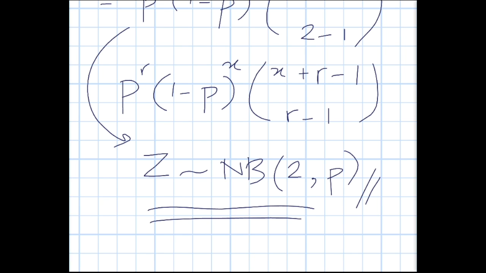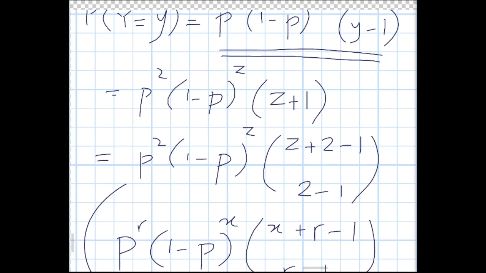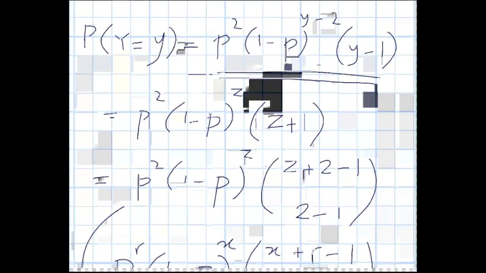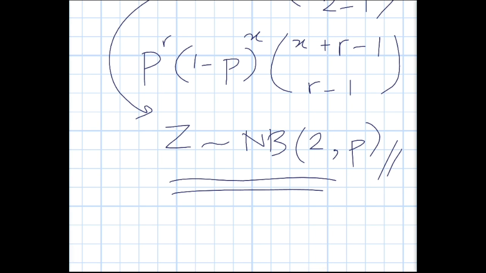What does it mean in practice? In practice it means that y is actually the number of trials which include the 2 successes, and z is actually the number of failures until we find the second success. So there is a relationship between a geometric random variable and a negative binomial random variable, and consequently there is a relationship between a sum of 2 geometric random variables and a negative binomial random variable with parameter r equal to